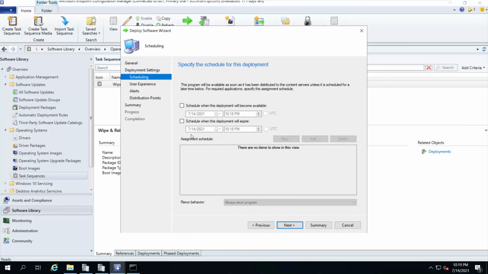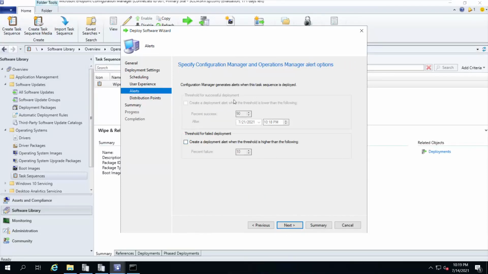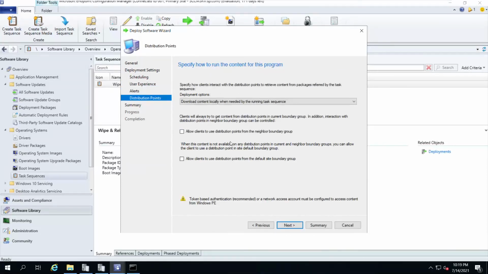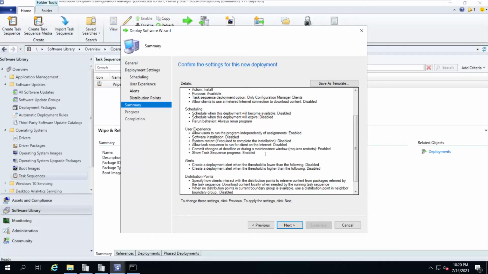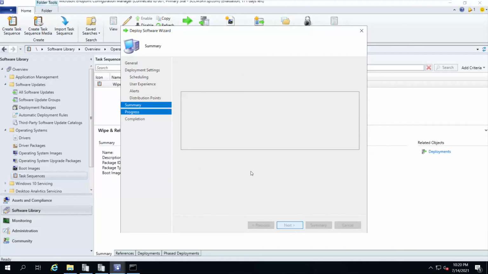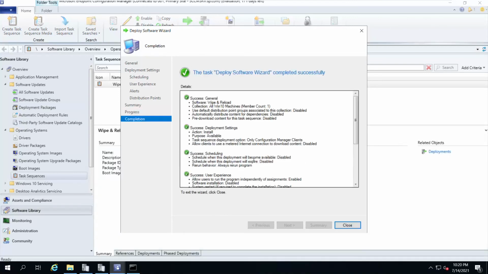So that's why the assignment schedule is disabled. User experience, I'll go with the default options. Alerts, I'll go with default options. Distribution points, download content locally when needed. Next, and this is a summary. Let it appear. Yes, it has appeared. Next, and my deployment is completed on my Windows 10 collection.